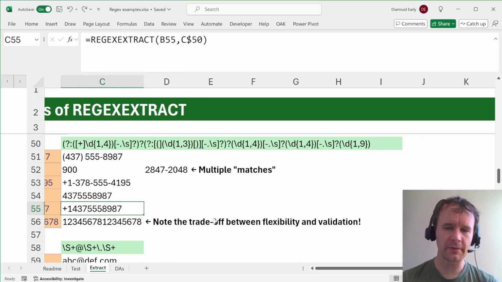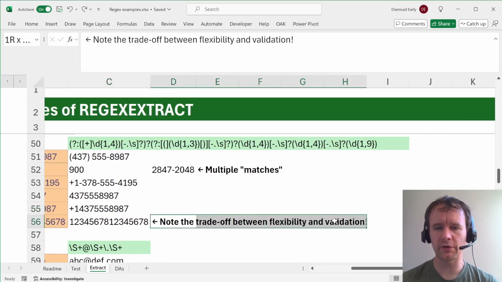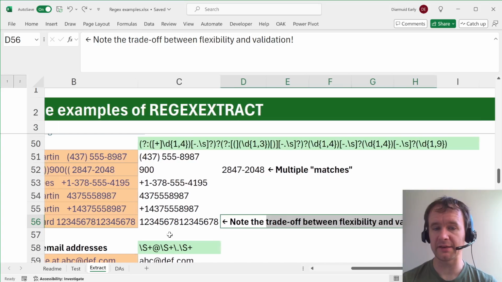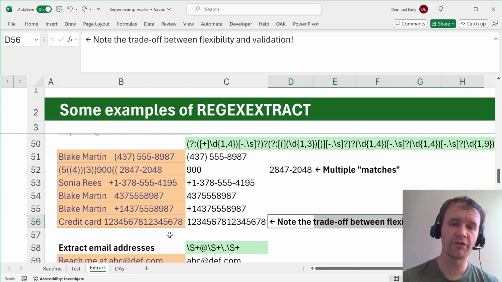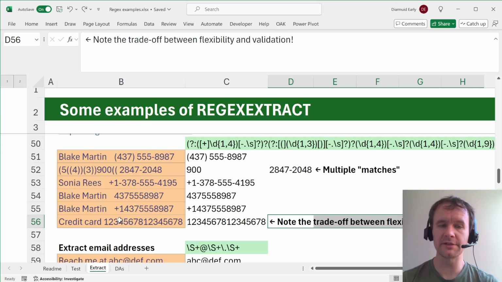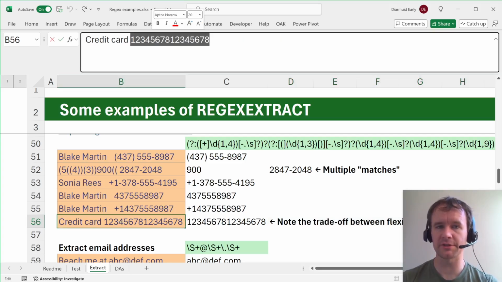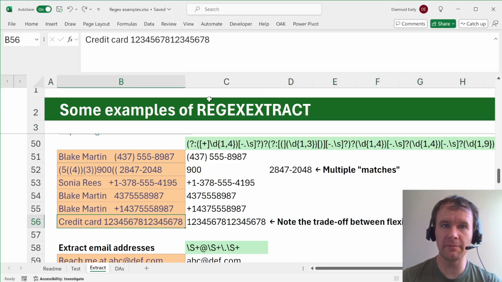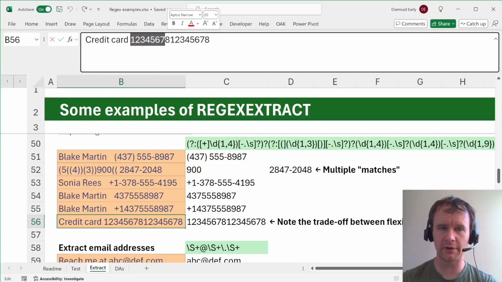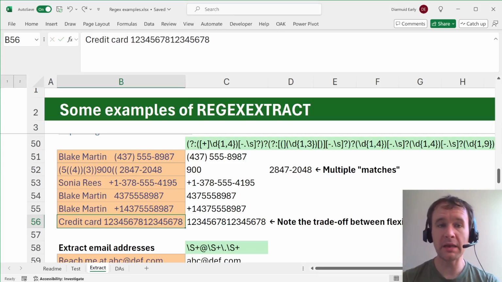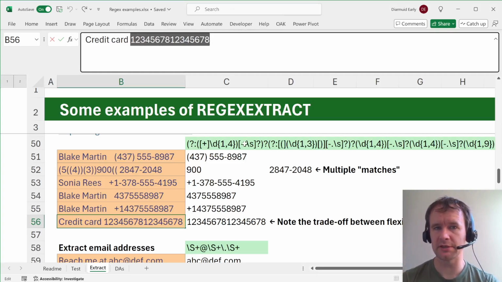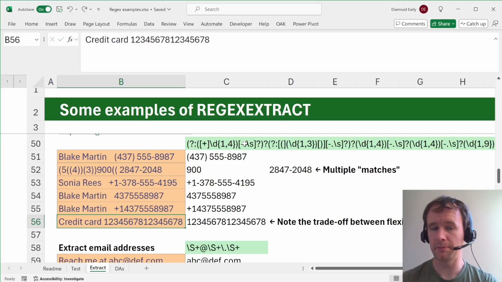The thing that I want to talk about is the trade-off between flexibility and validation. So the more flexible you want to be about, is there some possible way to interpret this as a phone number? Maybe this is some weird extended area code, and maybe there is some part of the world where these 16 digits could be a phone number. Not sure.